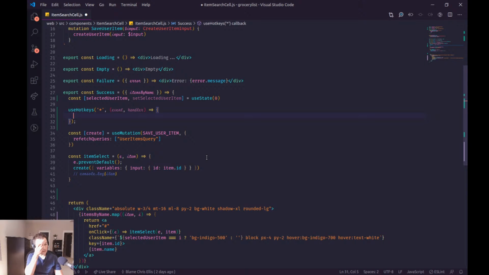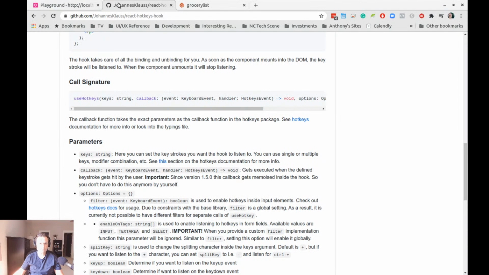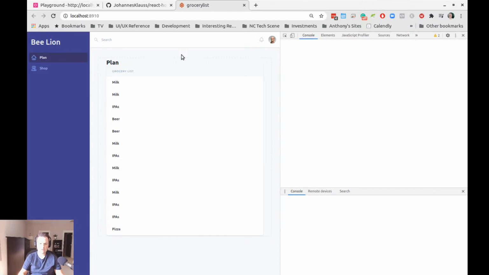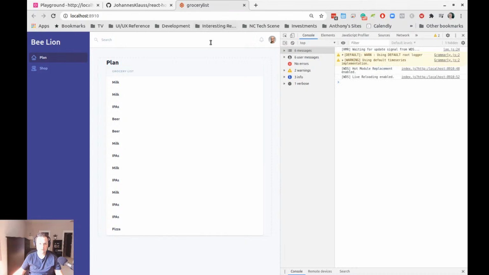Let's console log the event and see what we get back. So now, when I hit the keys on something,